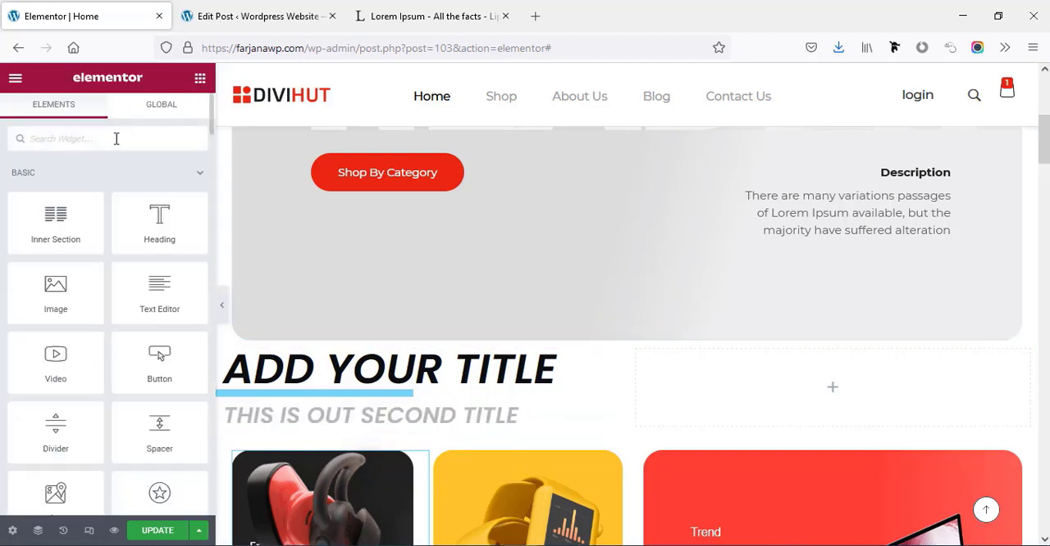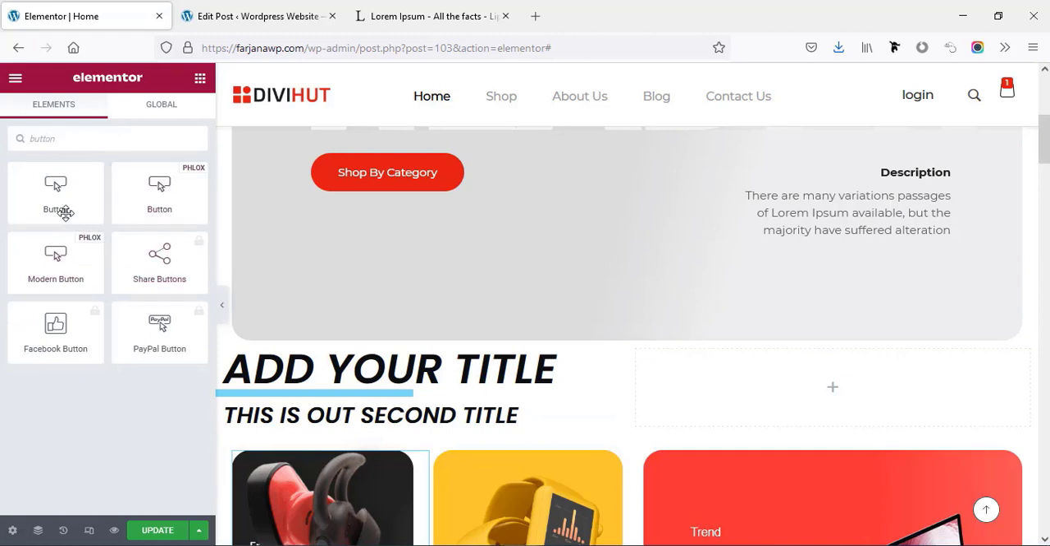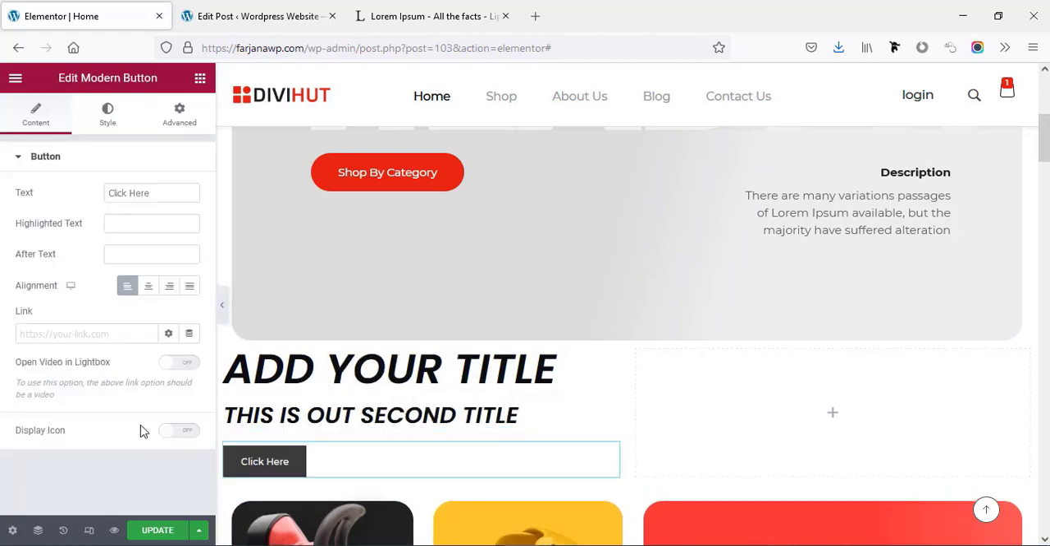And here if we want to add any button, we can also do that. Just go here and type for button. So here is the default button from Elementor, and here we will find some more styled buttons. These are coming from the Phlox theme. So for example, I'm taking this one, and here I'm changing the text, shop now, and going to style tab,